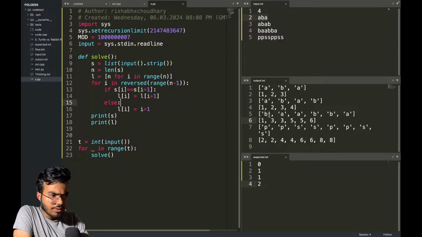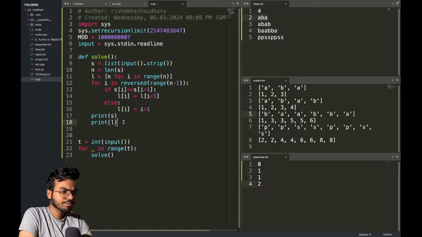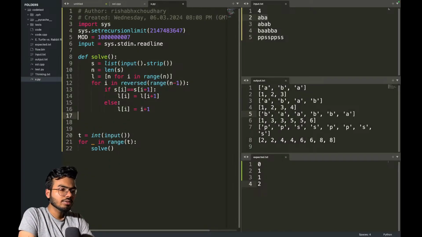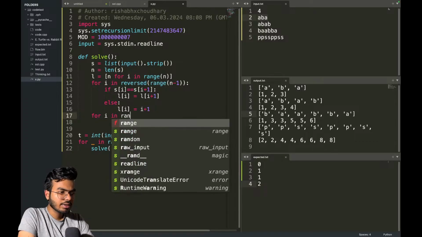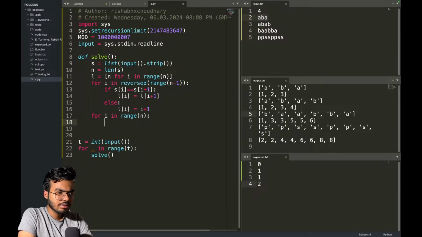Okay, so for 0, if s of 0 equals s of, no, for 0 I should go to 1, from 1 I have to go to 3, 0, 1, 2, 3, yeah. So this is correct. Okay, now what I can do is I have this array. Okay, now for every character, like, okay, for I in range n, okay,